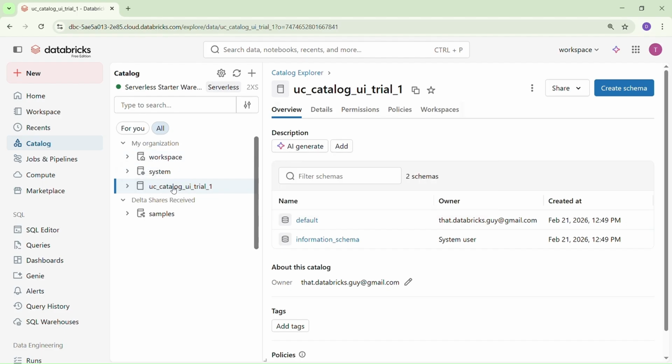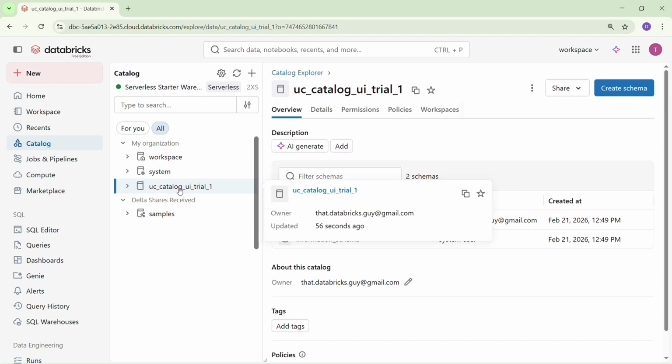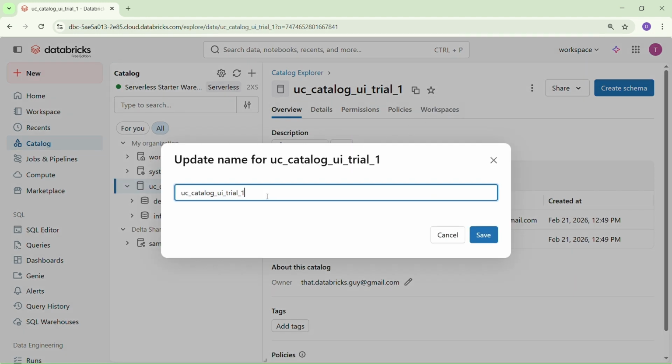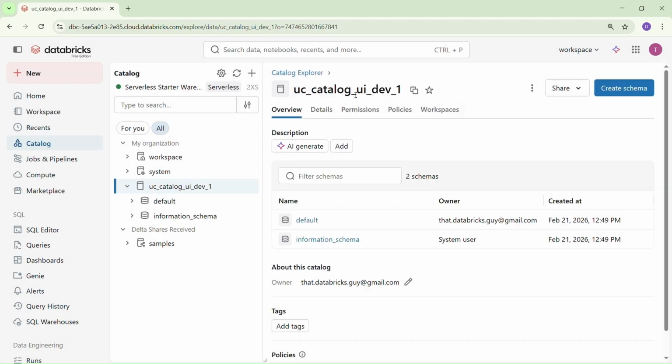But there is another option to create a catalog of our own. We can also rename this catalog. So let's say I want to make one catalog for each environment. So I'll just rename this one to dev. As I mentioned, the catalog can logically separate the data with respect to environments like dev, test, and